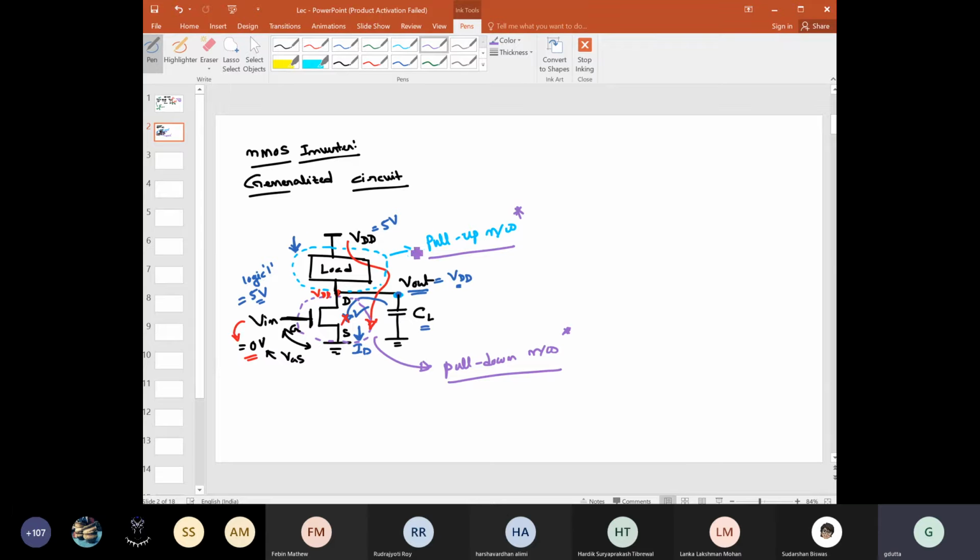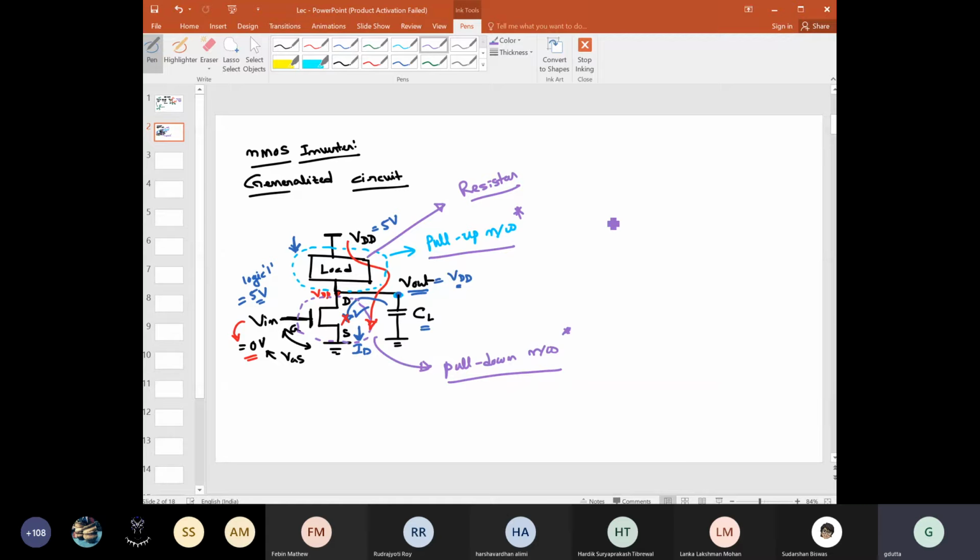And if we have understood this circuit, and for the time being you say that this load is nothing but a resistor, then you can also plot the voltage transfer characteristics for this particular circuit, right? So how will the voltage transfer characteristics look like? Let us plot that in the next page, because we have to point out at least 5 to 6 points in that particular VTC of this circuit.